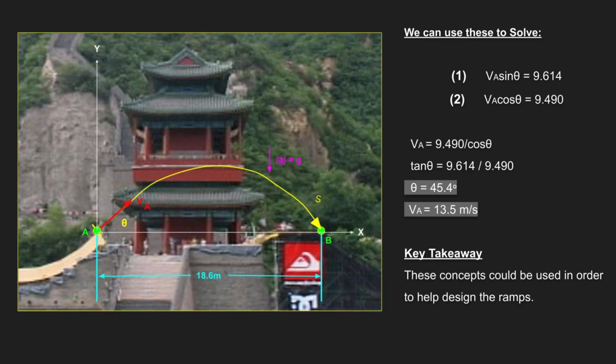Theta ended up being 45.4 degrees, which makes sense because 45 degrees is the angle that maximizes a projectile's distance. And the initial velocity was 13.5 meters per second, which is about 30 miles per hour, so he was going very fast. From a real-world perspective, I found this problem very interesting because it takes you through the thought process